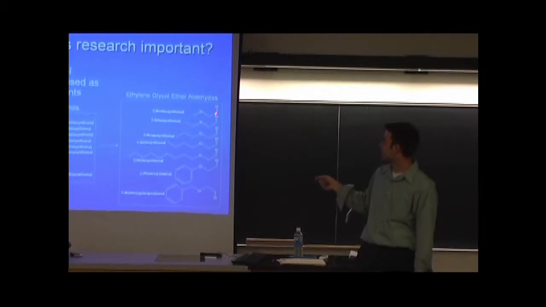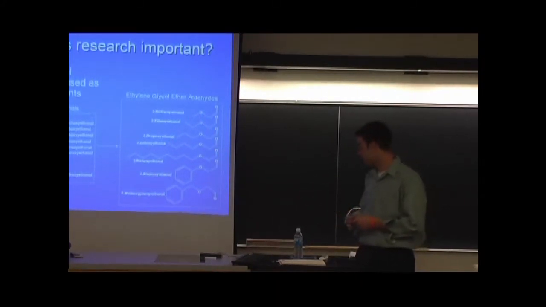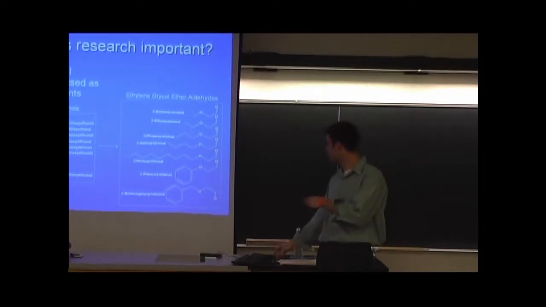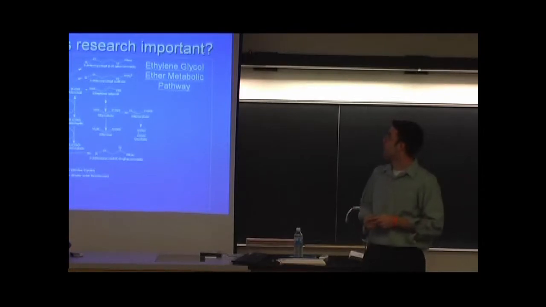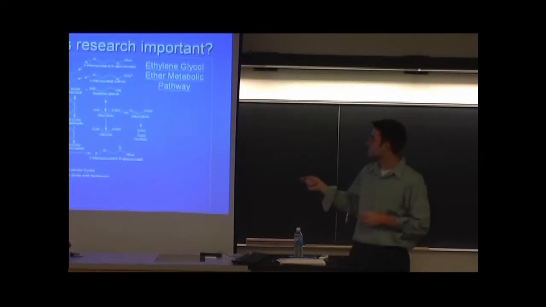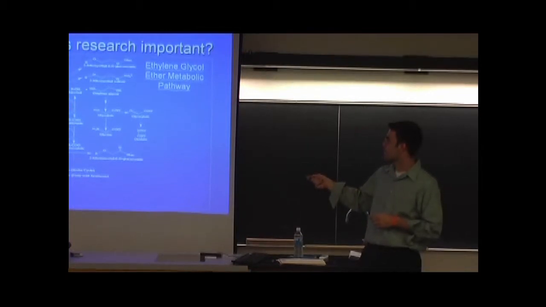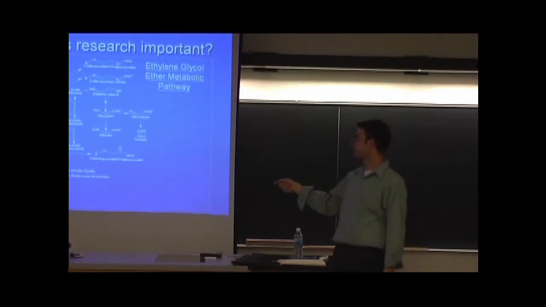In your body, they get broken down into these aldehydes, and again, these aldehydes can be very bad, and the aldehyde dehydrogenases in your body get a hold of those and convert them to the acid form. Here's the pathway for this. You can see the ethylene glycol ether here. It's broken down by an alcohol dehydrogenase into this aldehyde form, where then it is acted upon by the ALDHs